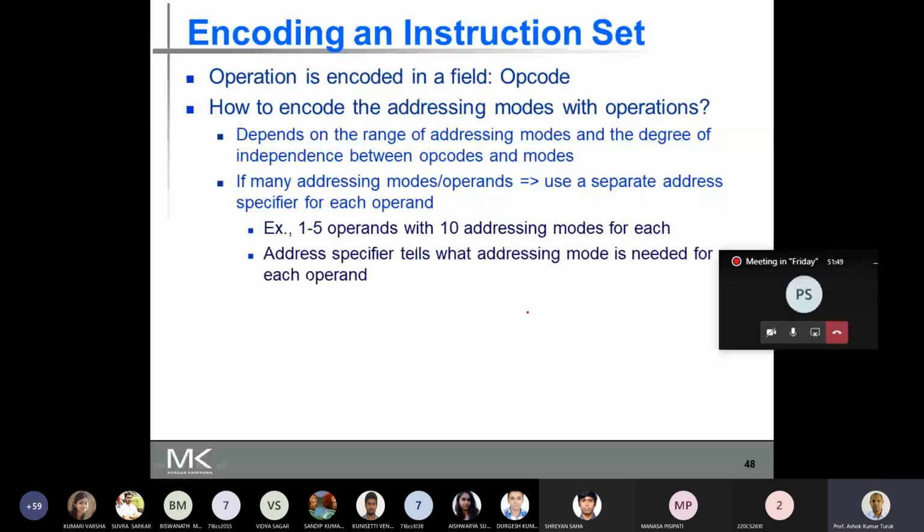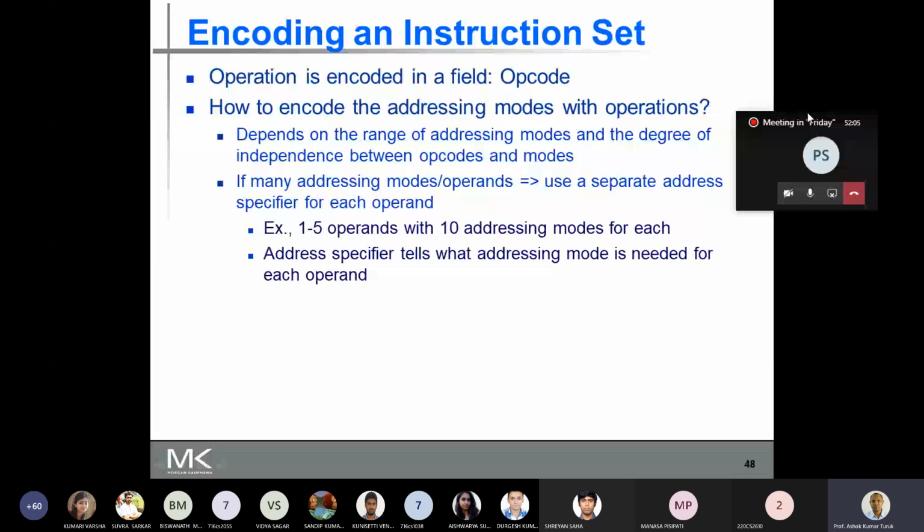So what does the address specifier tell? The address specifier tells what addressing mode is needed for each operand. With a large number of combinations, it is going to affect the size of your instructions.